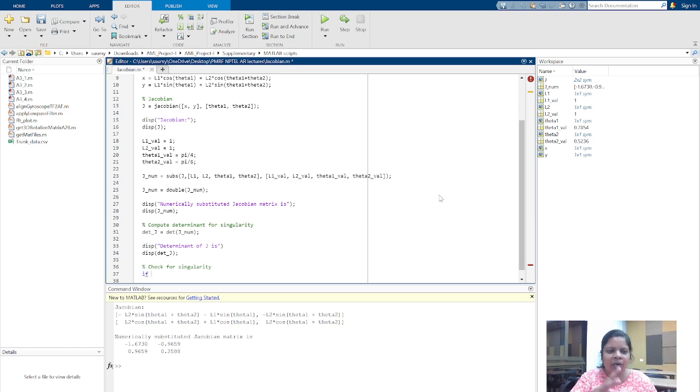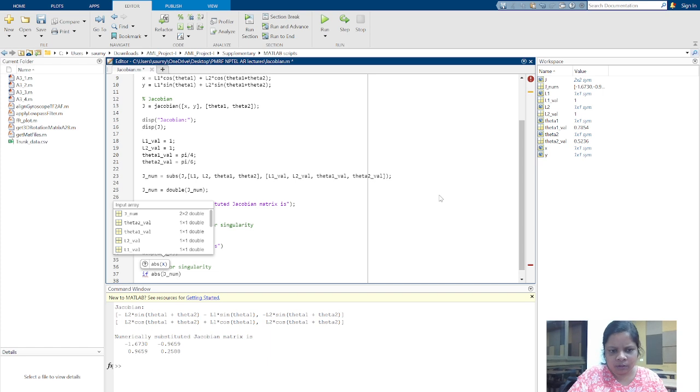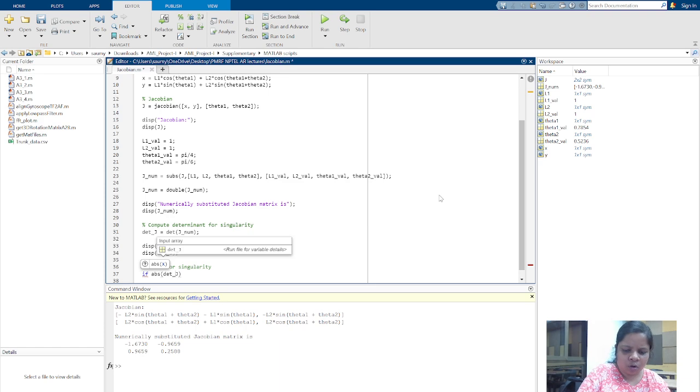So let's keep a threshold value, so that if it is closer to, let's say, e to the power minus 6, I assume it to be 0. You can also do it with a lower precision, but for safety I'm keeping it at 10 to the power minus 6. So I'll find if the absolute value of determinant of J